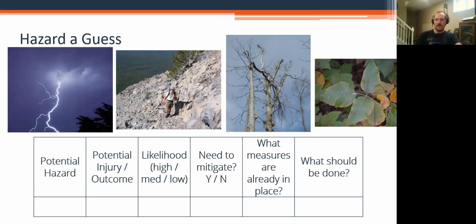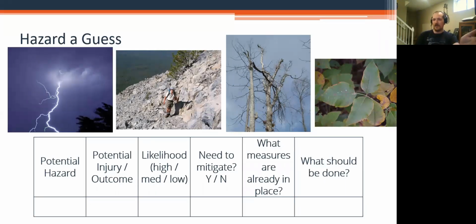But the idea is that you either give them a picture, or I certainly recommend that this can be done in the field as well. If you want to, once you're done with the other classroom elements, move this over to your preparation for hiking to the work site. You can do a quick risk assessment exercise with just looking around you or giving them pictures.